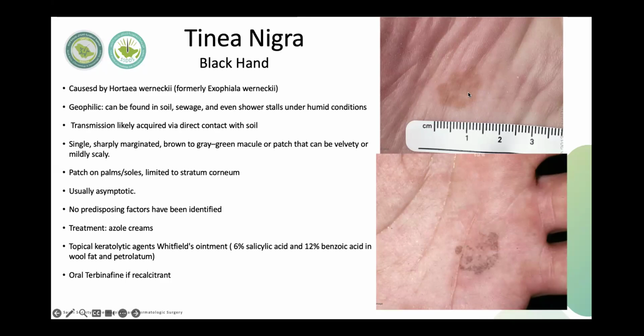No predisposing factors, but it can be found in soil, shower stalls, humid conditions. So probably this is the risk factor. And the treatment for that is using topical antifungal and a keratolytic agent that can just take off the skin, for example salicylic acid,